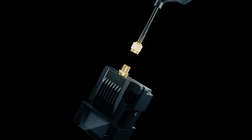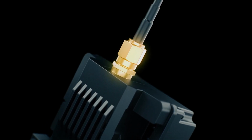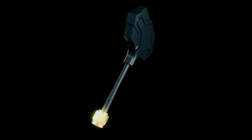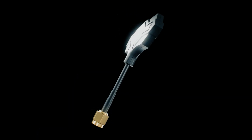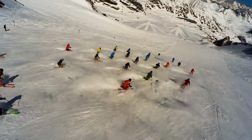It accommodates a voltage input range of 5 to 21 volts, with a recommended 2S power source for optimal performance and reliability during your flights. With options from 2.4 GHz to a longer range 915 MHz, elevate your FPV game with the EMAX Aeris Link,